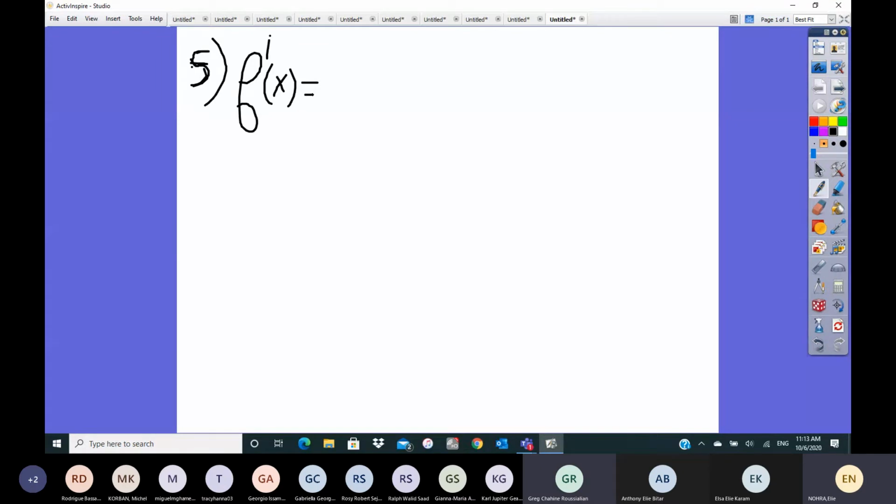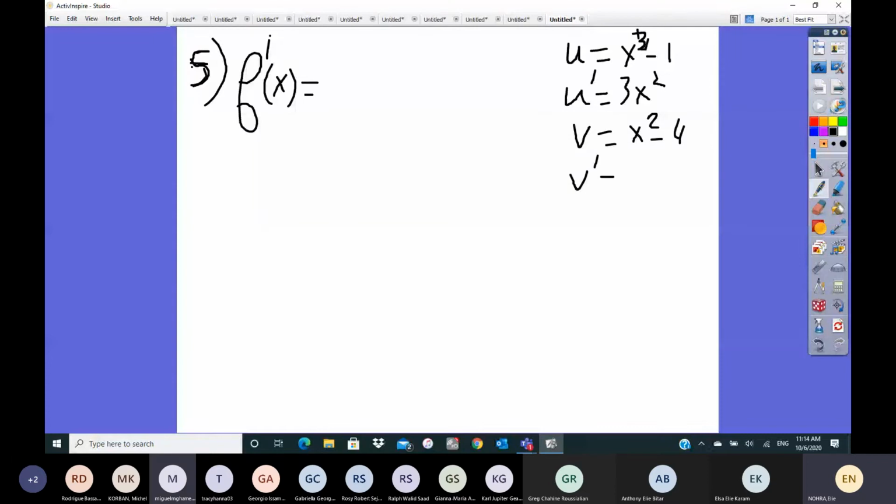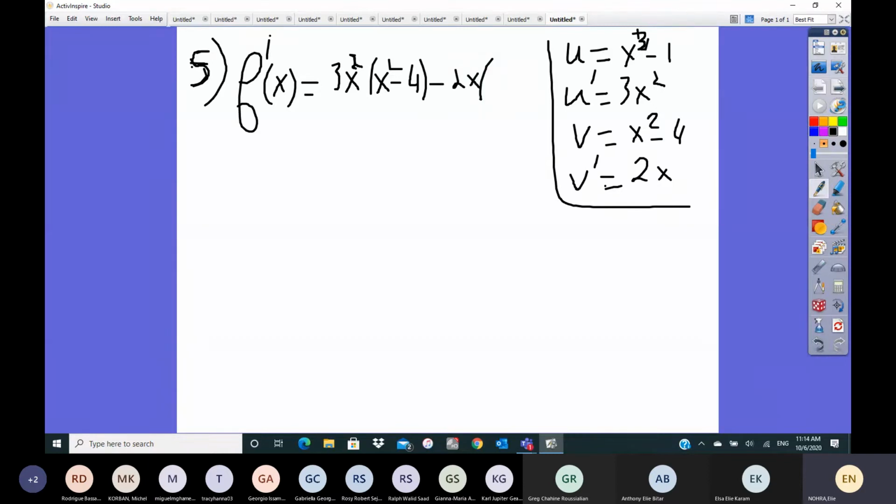Okay, let's do it. U is x cubed minus 1. U prime is 3x squared. V is x squared minus 4. V prime is 2x. Agreed? Agreed. Let's do f prime of x. So f prime of x will be 3x squared into x squared minus 4, minus 2x into x cubed minus 1, over